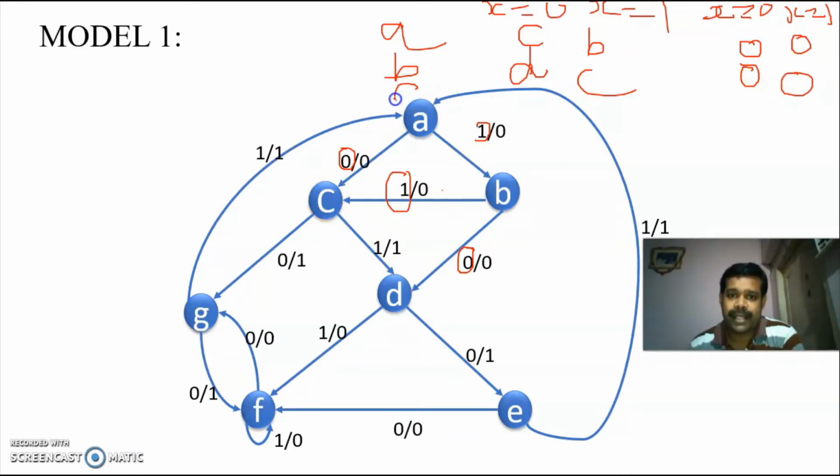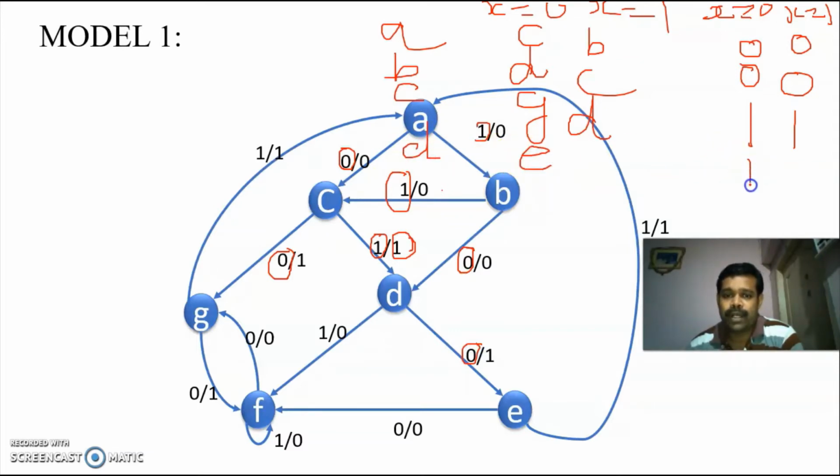Similarly, you take C. You are in state C, when you are providing the input as 0, it is going to G, and the output is 1. And in state C, when you are providing the input as 1, it is going to D, and the output is 1. Similarly, you are in state D, when you are giving input 0, it is going to E, and output is 1. When you are providing input 1, it is going to F, and output is